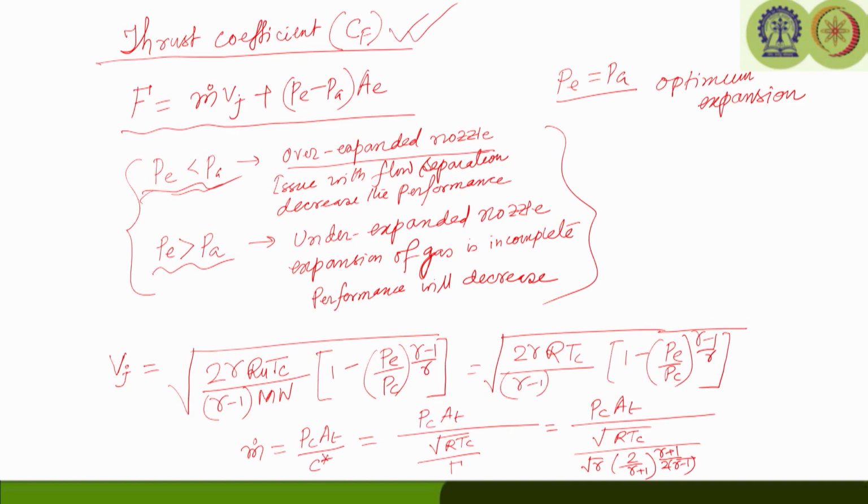Now, if you come back to the thrust equation, we can replace the Vj and m dot by the previous relations we got. For Vj we got this one, and for m dot we got this one. So, let us call this equation 1, this one equation 2, and this one equation 3. Let us use the relations of Vj and m dot, which are equations 2 and 3, in equation 1, and we can write